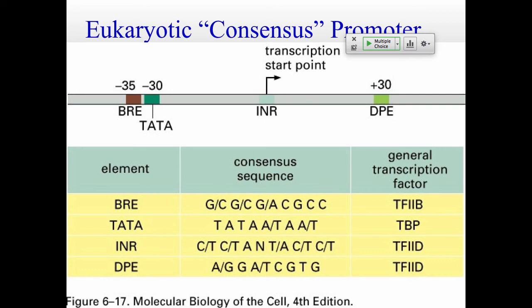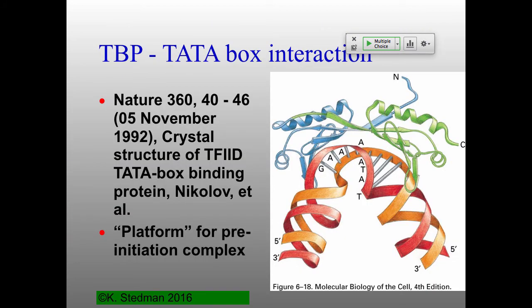You bend the DNA, which is actually exactly what TBP does. So TBP, when it binds to DNA, binds, interestingly enough, mostly in the minor groove rather than the major groove of DNA. And in that process, bends the DNA, a really sharp bend that happens in the DNA